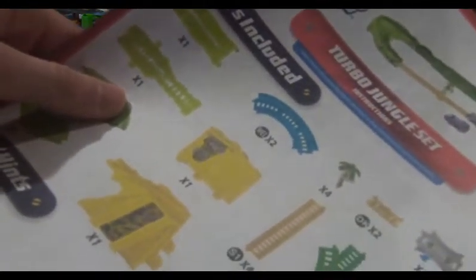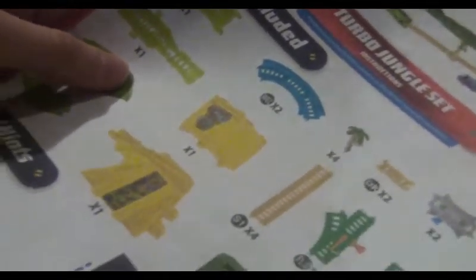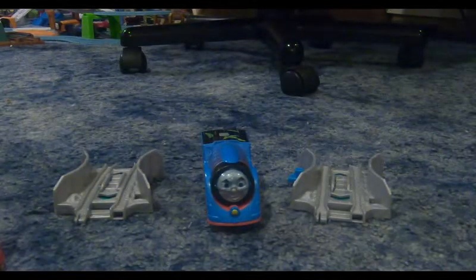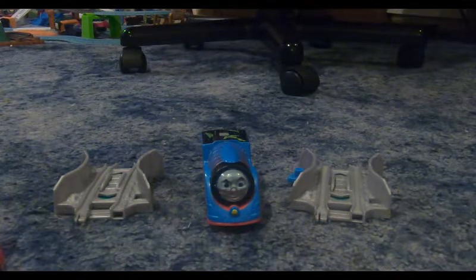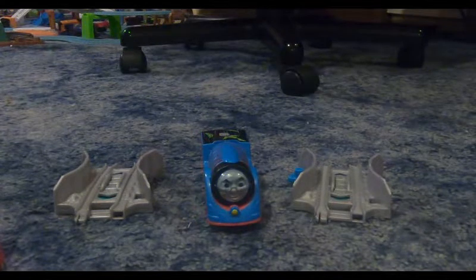What? Mattel misassembled their instructions for a third time now. Good going, Mattel. This is the third time you don't know how to make instruction sheets. First, you mess up on the box of the Scrapyard Escape set. Then you mess up on an Adventures packaging. And now you mess up on a Turbo Engine pack. Not the Jungle set, the engine packs. Good going, Mattel. You forget an important information piece. So yeah, now with those instructions out of the way,